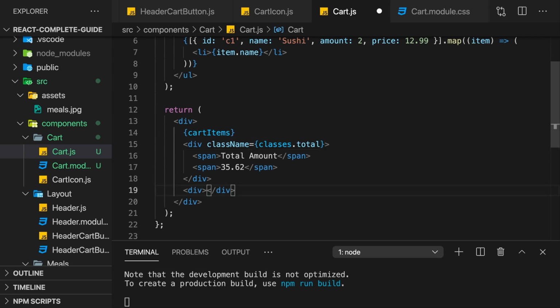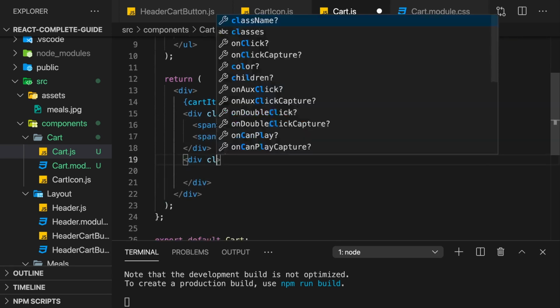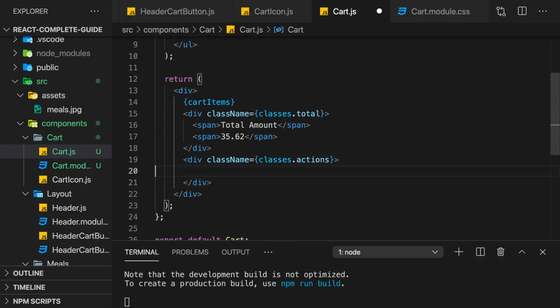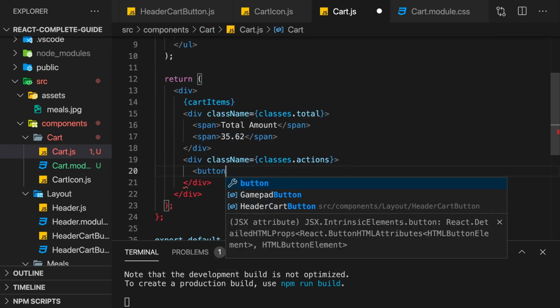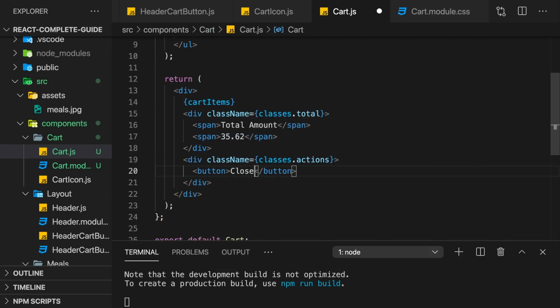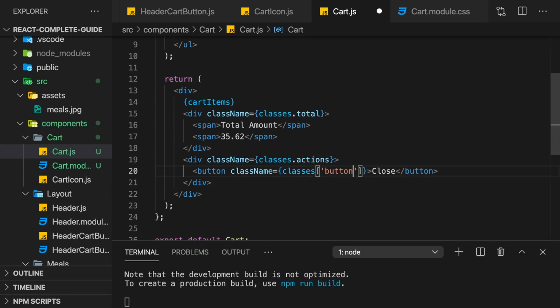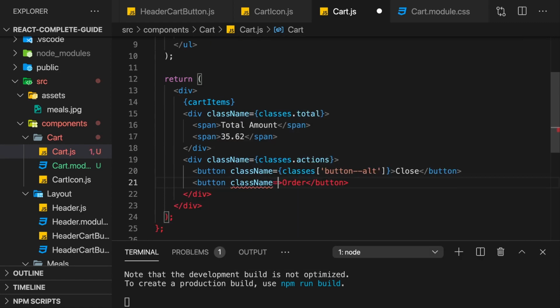And then we got that other div with the buttons. This will receive a class name of classes.actions. And then in there, I want to have two buttons. The first button says close. And I will add a class name here of classes['button--alt'], and because of the dashes, again, I'm using this syntax of accessing that property. And then below that, I have another button where I say order, and this will receive a class name of